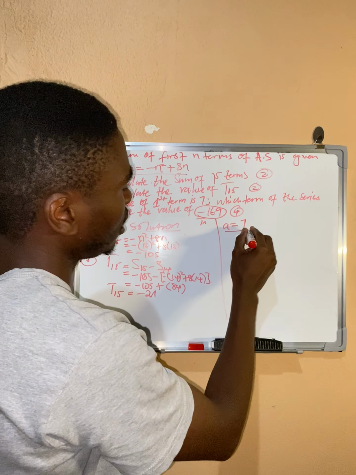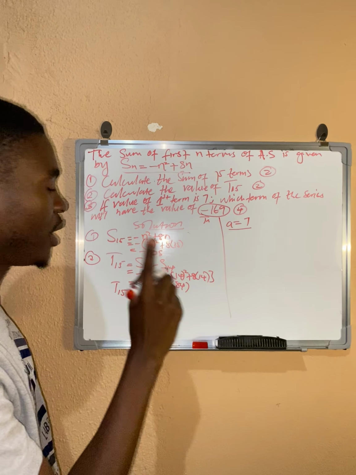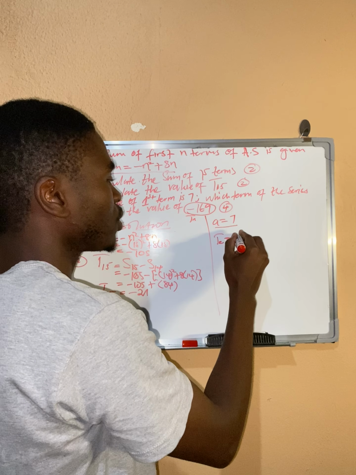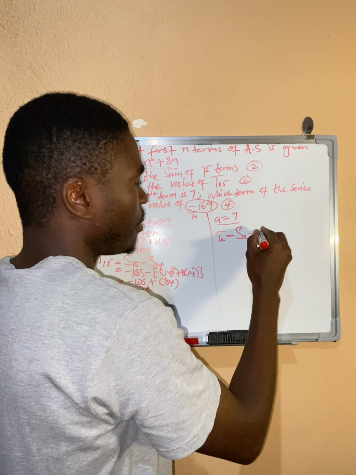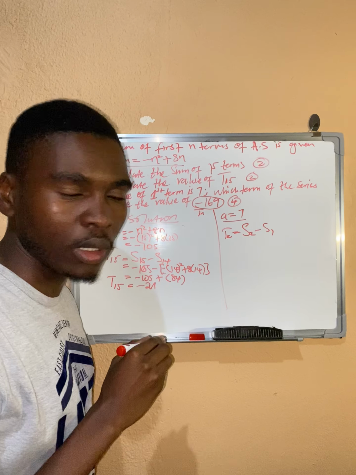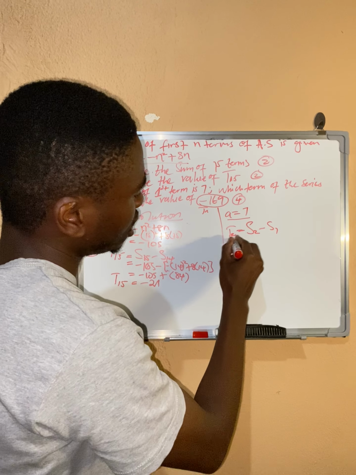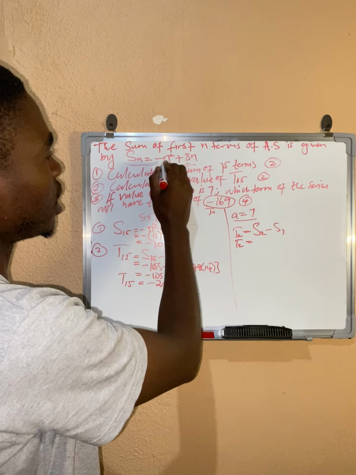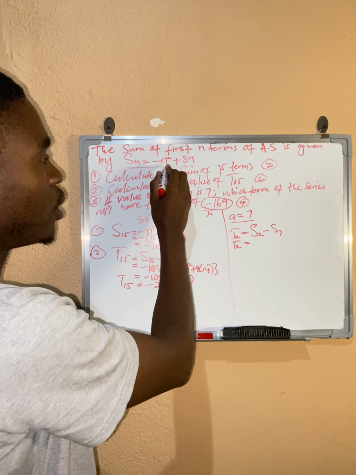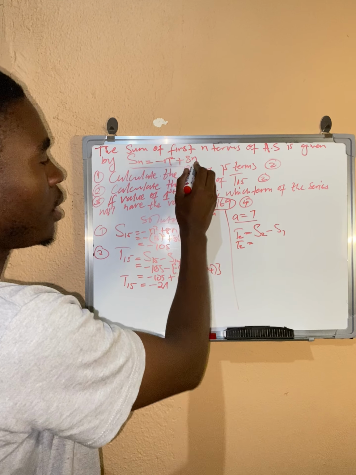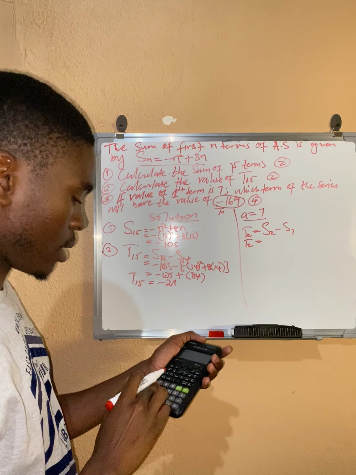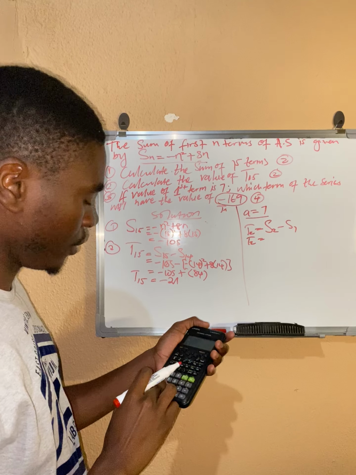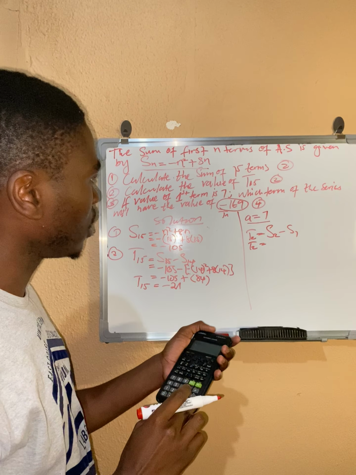Now we have your a here, and we're going to find your T2. Remember I said T2 is equal to S_2 minus S_1, which is your a. So you're going to substitute 2 in this formula to get your S_2. It's going to be negative 4 plus 8 into 2,